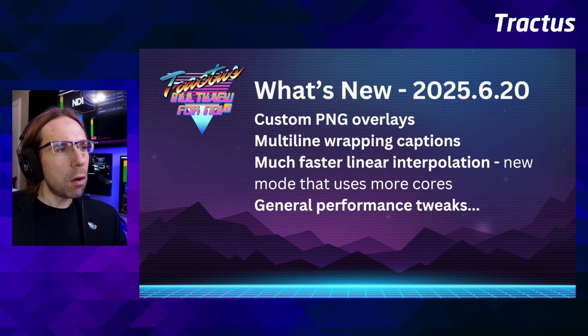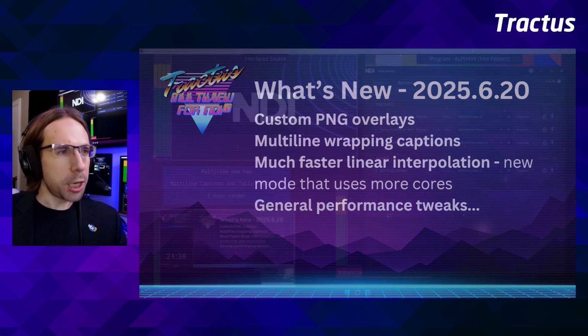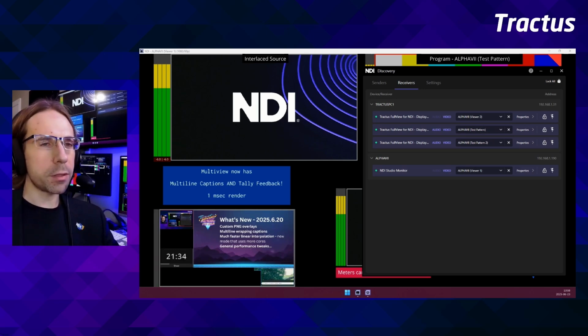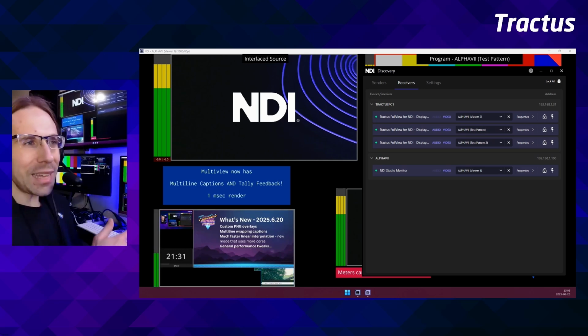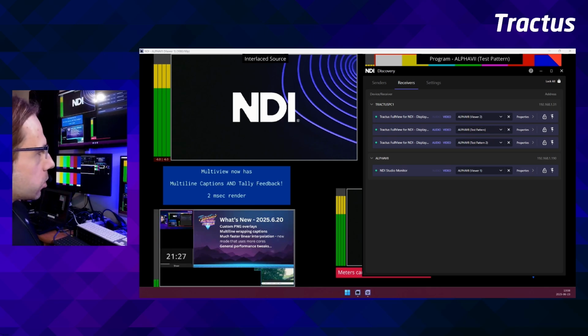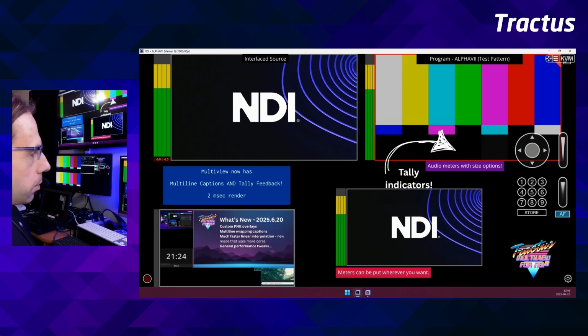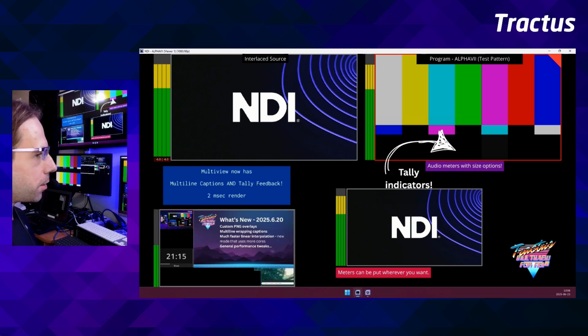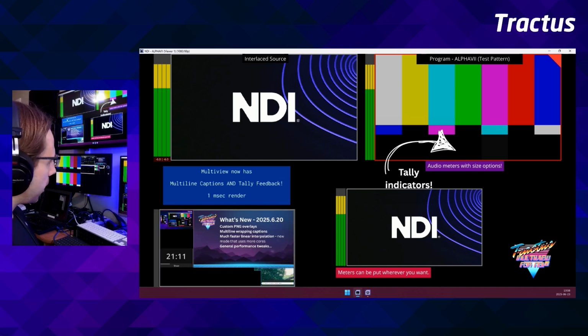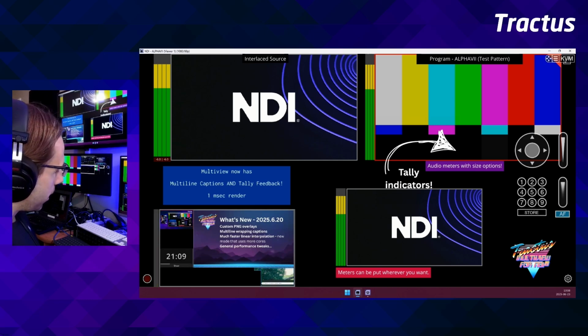So why don't I show you some of the new changes in Multiview for NDI? I've been talking a little bit about what things look like and what the new features are. Let's actually go and take a look at the latest features in Multiview for NDI. Right now I've got my studio monitor pulled up, and I'm just looking at one of my main outputs. You'll notice that the audio meter is dancing. A little behind-the-scenes spoiler here: I'm actually connected over NDI Bridge back to the production house. Shout out to Michael, thank you so much.